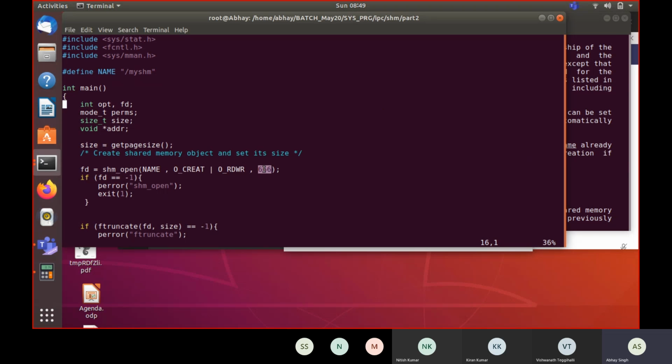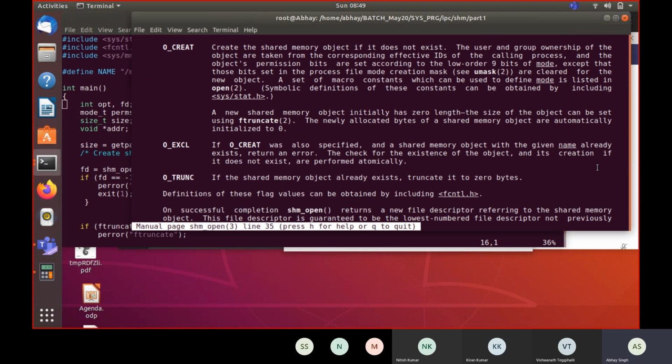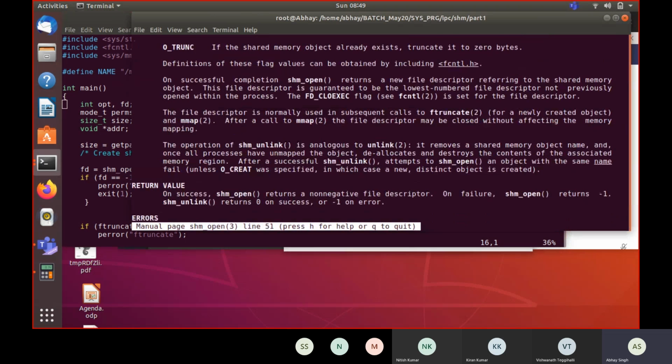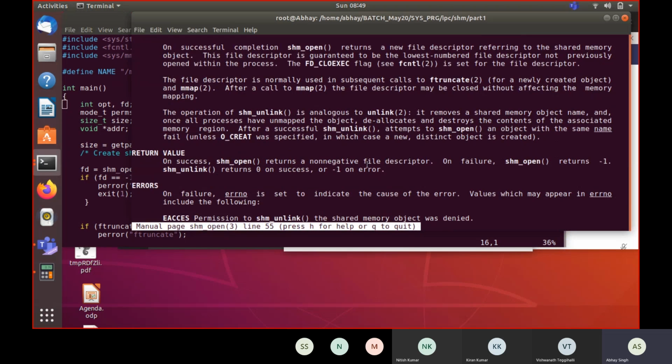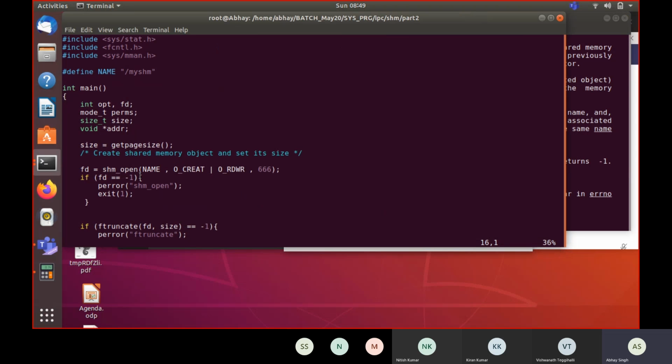There is a privilege here, so you are basically passing that 666. On success, it will return a non-negative file descriptor. On failure, it is going to return a negative value. So we are going to open this, and then